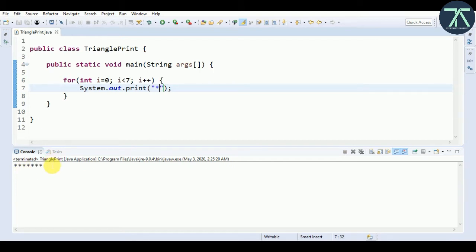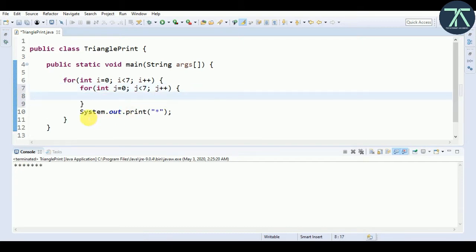This is our first step. To achieve the second, that is a block of stars, we need another for loop. One for loop prints the rows and another for loop prints the columns. So I call another for loop with another loop variable called j, assign it 0, with the condition j less than 7, same condition, and j plus plus, and I put this statement inside it.